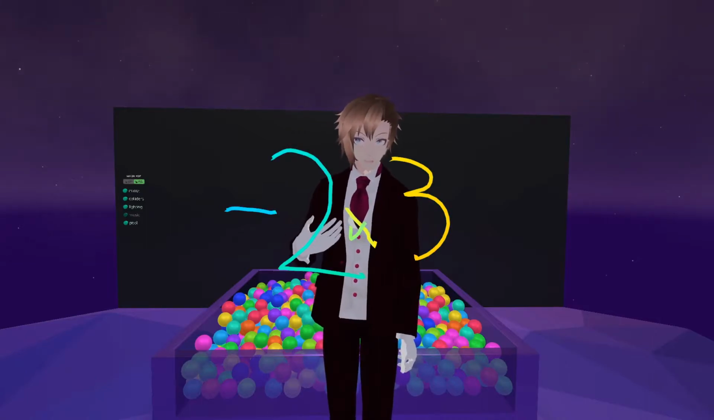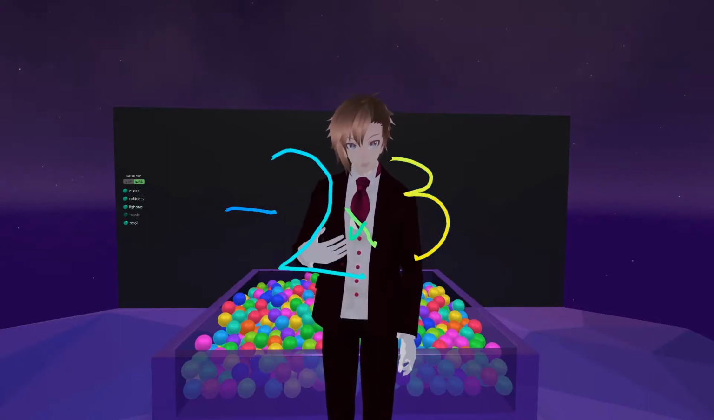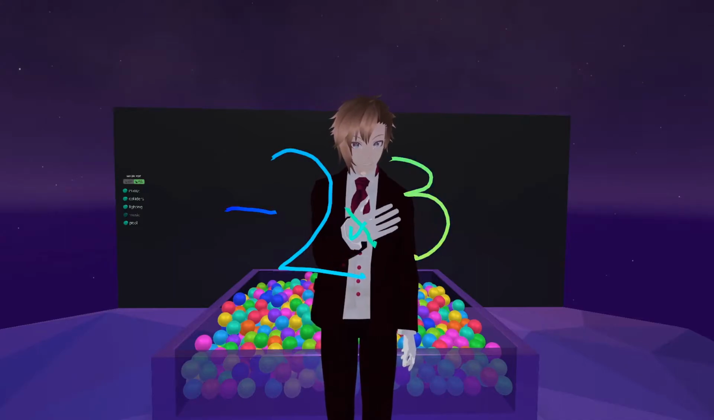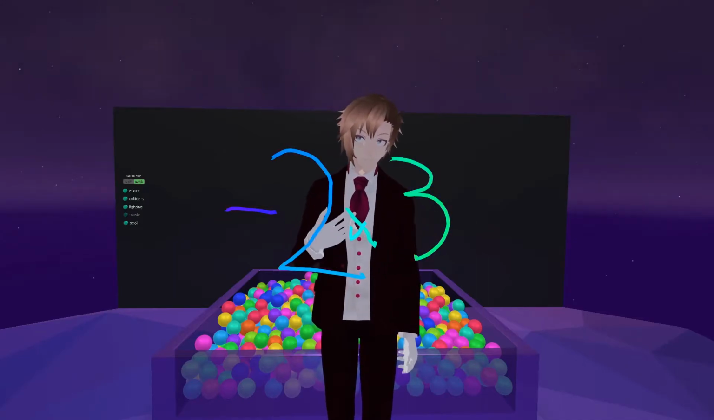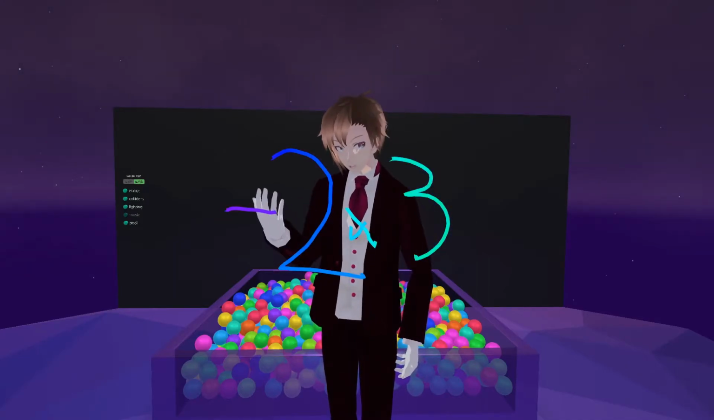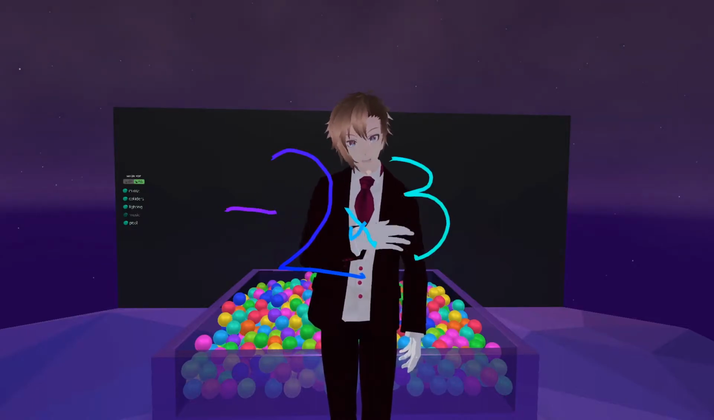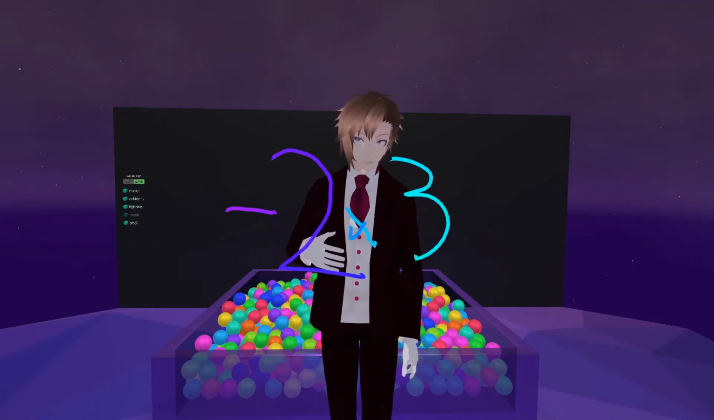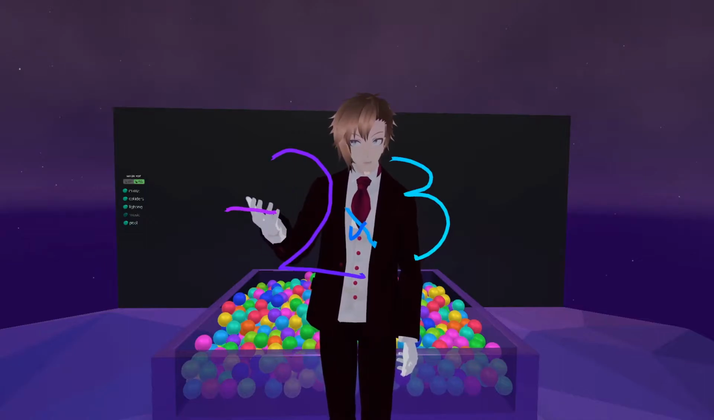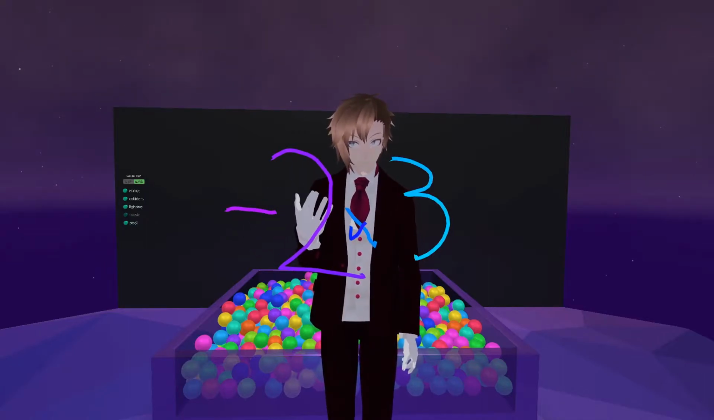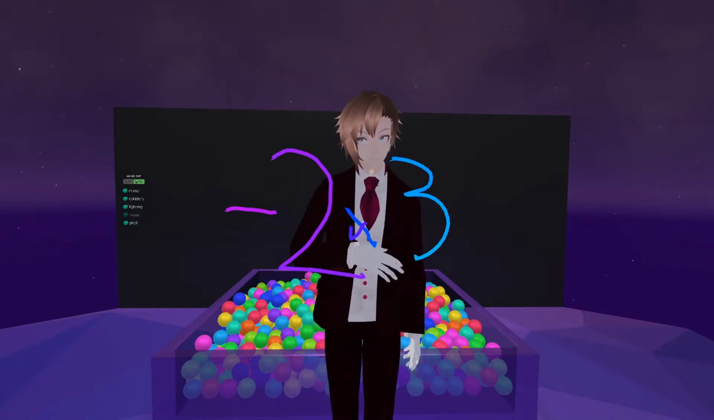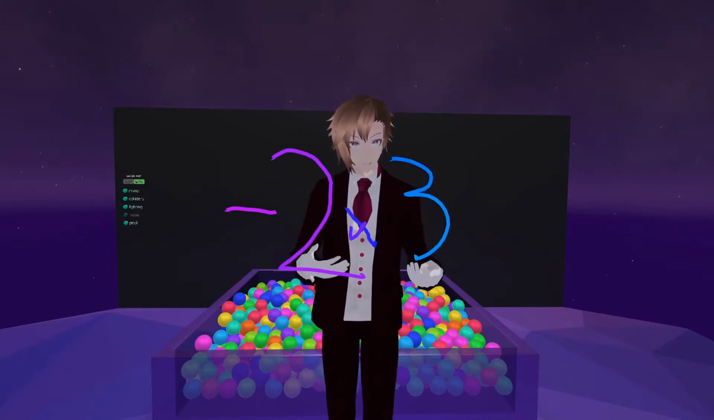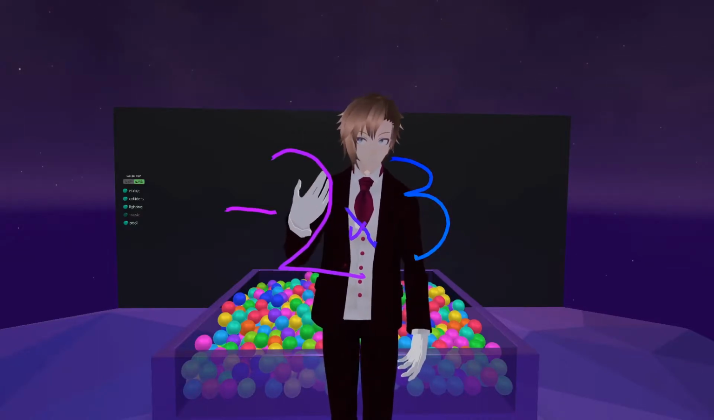Well, let's think about it. Before, I said this was 2 groups of 3. So now what we have is negative 2 groups of 3. Another way we could say it is we are taking away 2 groups of 3. We're going to be taking away 2 groups. Now,